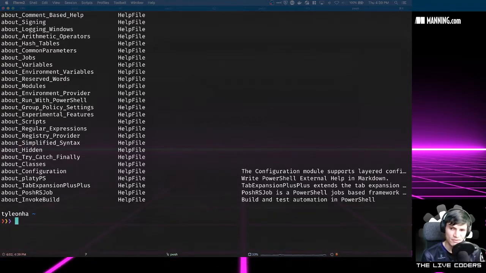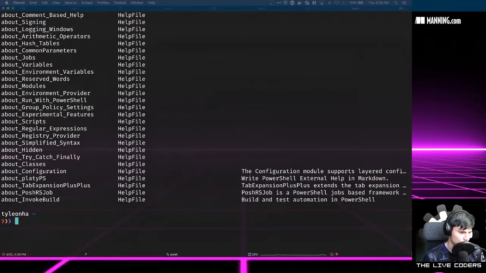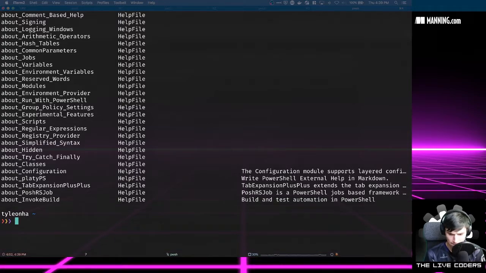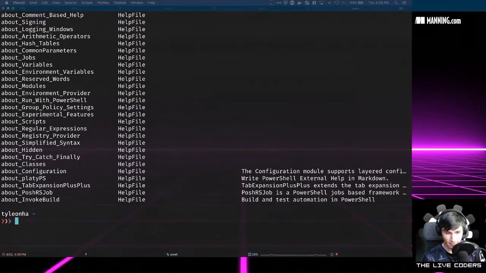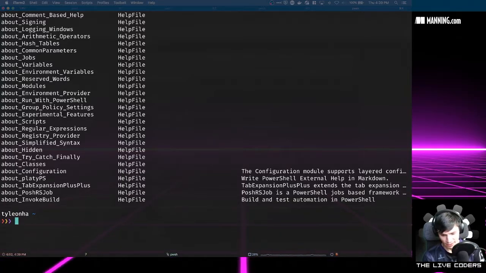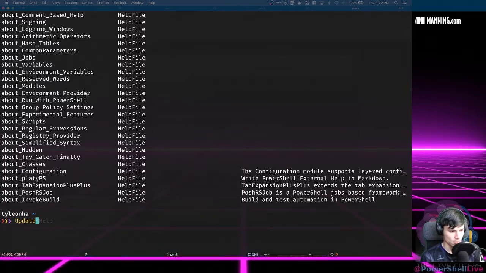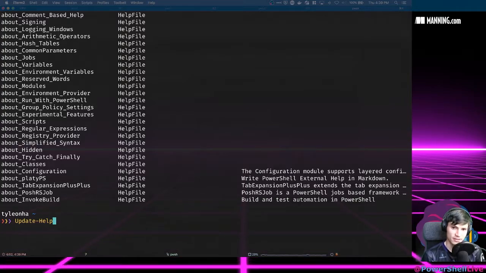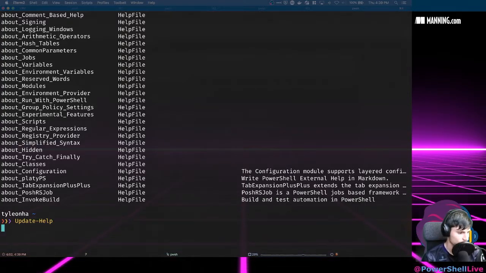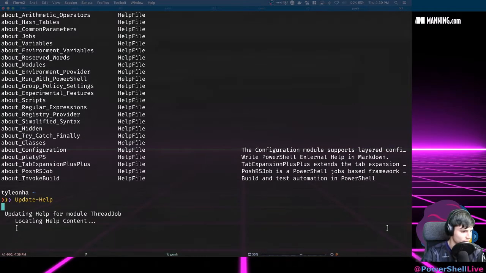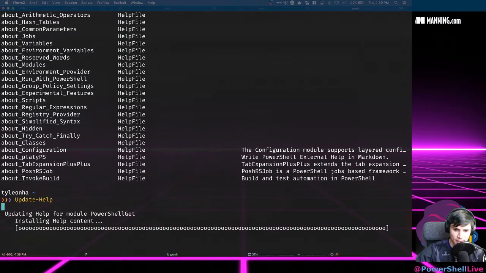You have to update the help in order to get the latest documentation. In order to do that, you run a command called update help. I know. Didn't think it was going to be that, did you? And I guess I can go ahead and run this. I don't think really anything has changed, but